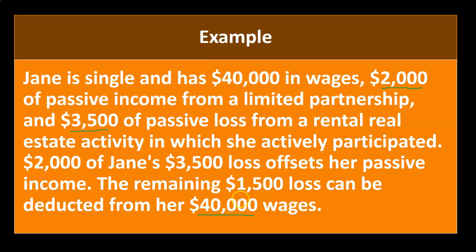So that's where the question would be right here. If we were strictly having the passive rules and you were not able to take the active participation exception, then you wouldn't be able to take this 1,500 that are the passive losses over the passive income. But with the exception, then you can net out this 1,500 against the 40,000 from wages, W-2 income, which would